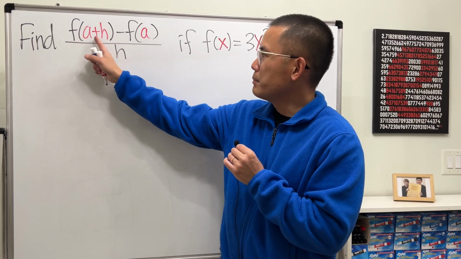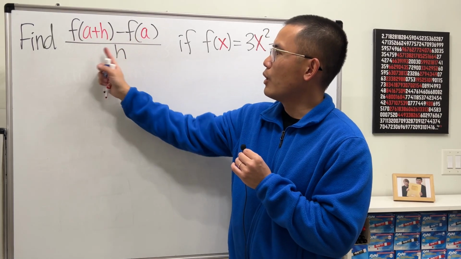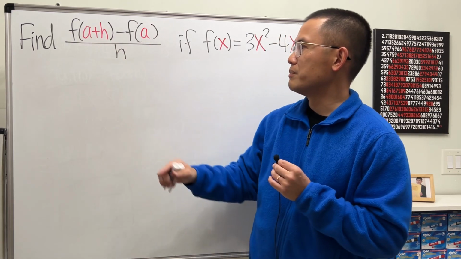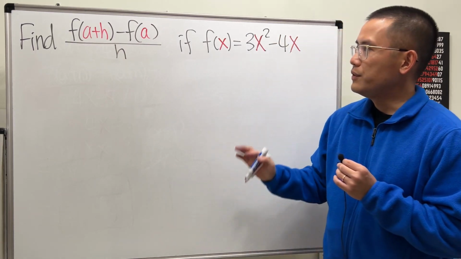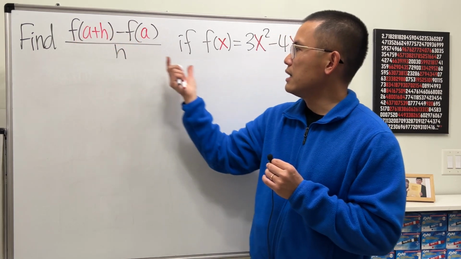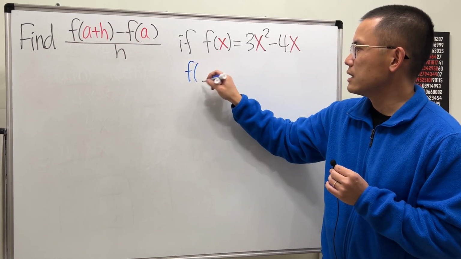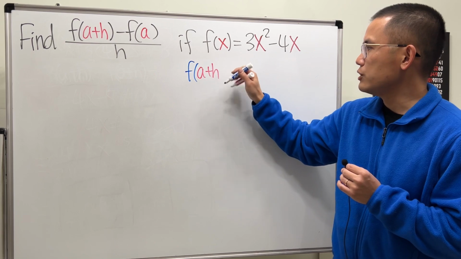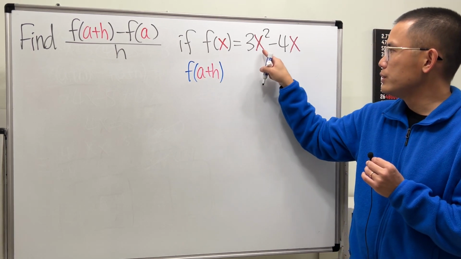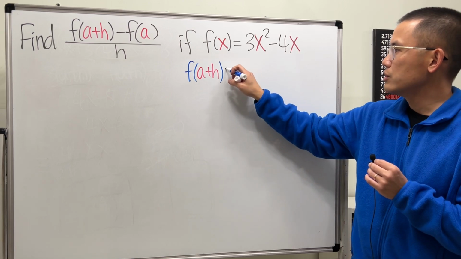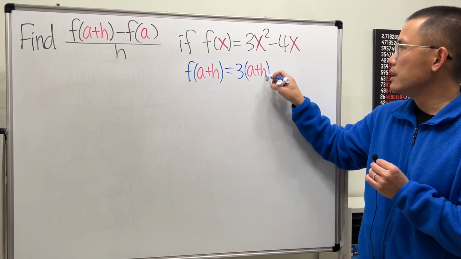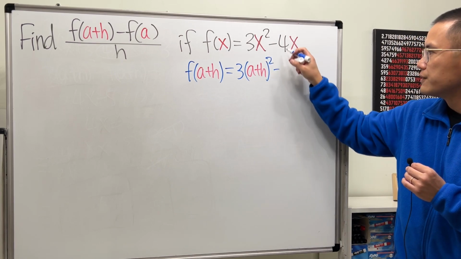Here we have f of a plus h minus f of a all over h. Sometimes you will see people use x here and x here. That's fine. If this is the first time you're doing it, I would recommend you write this down on the side and just focus on that. F of a plus h means we put a plus h into this x here and x here. So we have 3 times a plus h squared and then minus 4